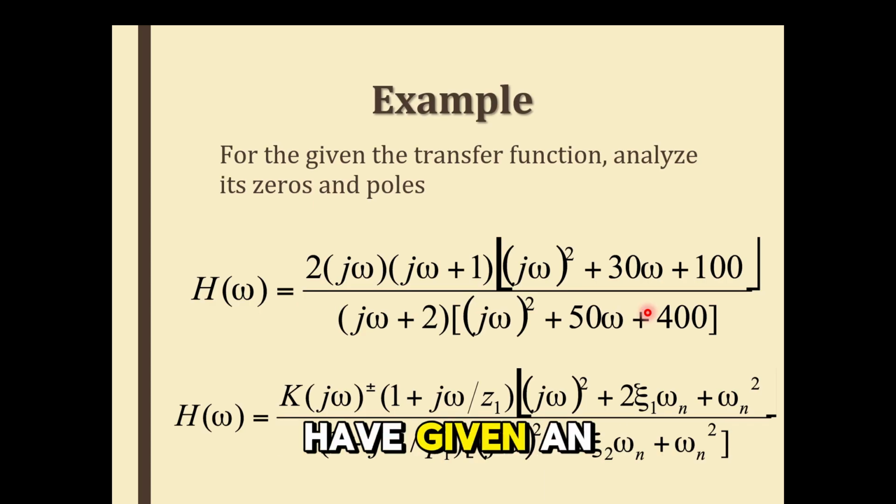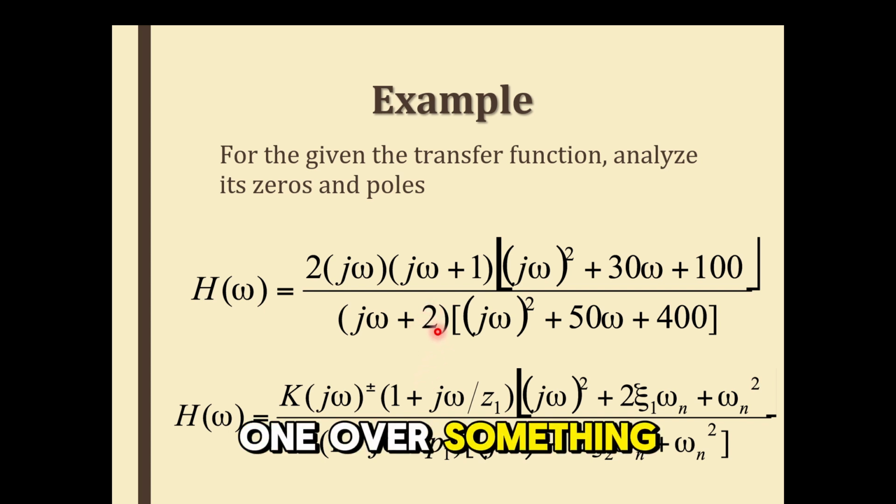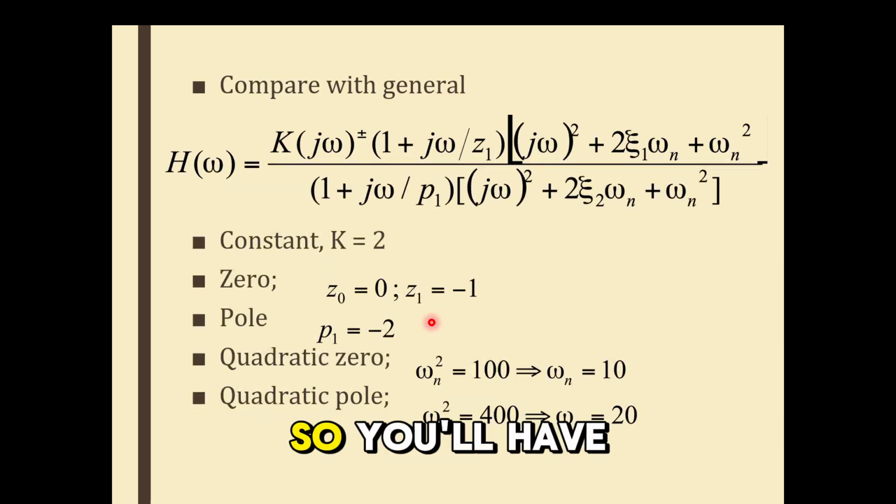For example, let's say you are given an equation like this. Okay, this is the given equation, and from here we compare with the transfer function. So here the K is 2, z is 1, and then here the 0 is 2 as well, I think. No, 1 over something, actually we'll get 2, 1 over 0.5, something like that. So you'll have a